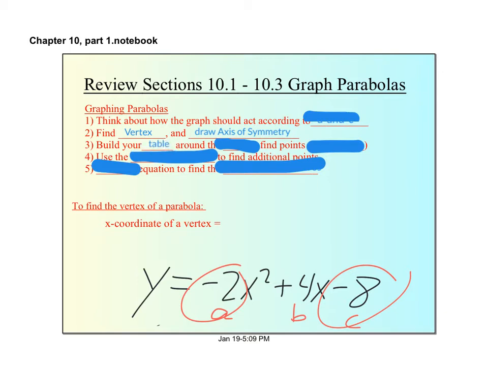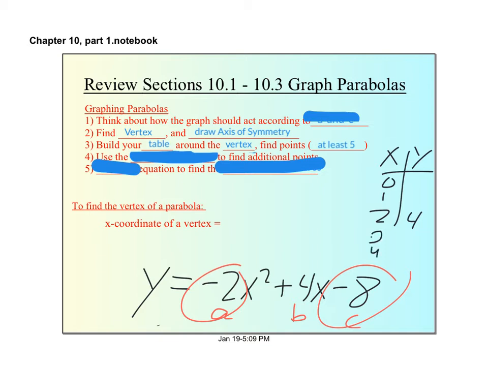Remember that I like you to find your vertex and then build a table around the vertex and find at least 5 points if you can. So when you're making a table, maybe something like this, right? X and Y, and let's say you found the vertex of some parabola was 2, 4, whatever it is. Well, then again, maybe we'll put 1 and 0 up here and 3 and 4 down here, and maybe just kind of label yourself. This is the vertex,